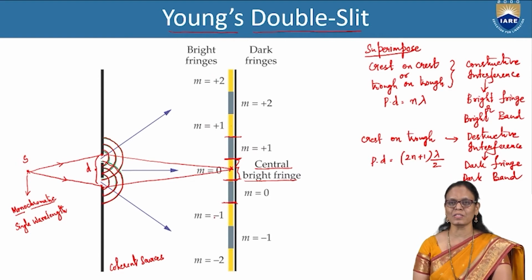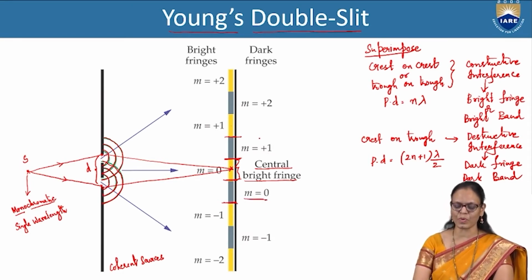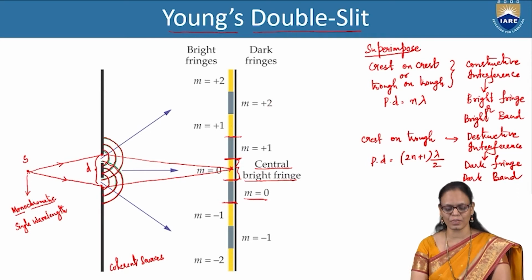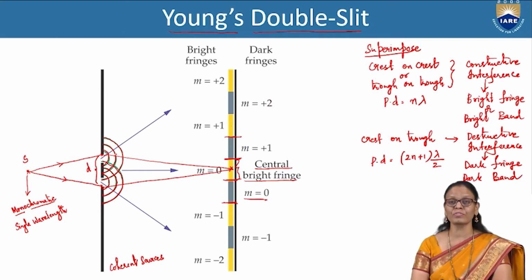M is equal to -1, -2, because we are going in the downward direction. And if you see for the dark band, if this is m is equal to 0, this is +1, +2, this is -1 and -2 you will have. So what we are trying to observe here is, because of the superposition of waves that are coming from these